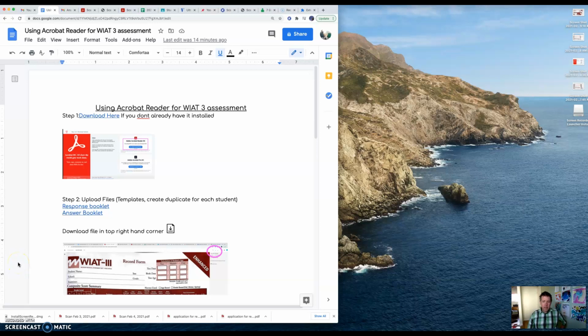We're going to kick things off today with using Acrobat Reader for WIAT free assessments. I want to go through this with you as a way of using the WIAT booklets with Acrobat Reader for online administration. So let's take a look at this. First of all, you're going to need our document